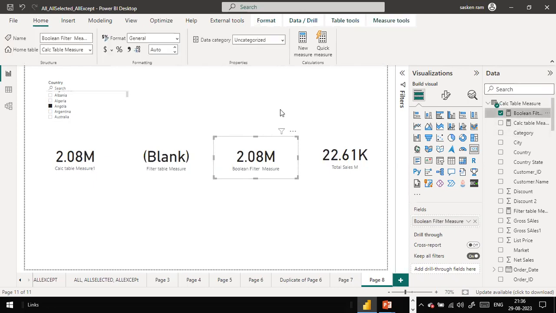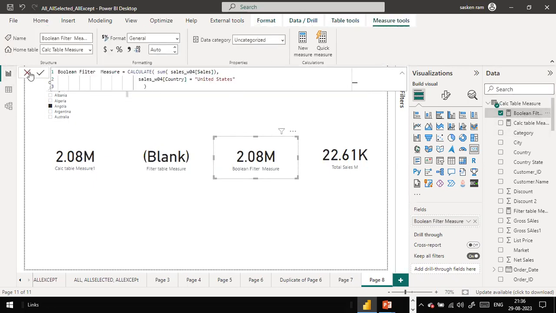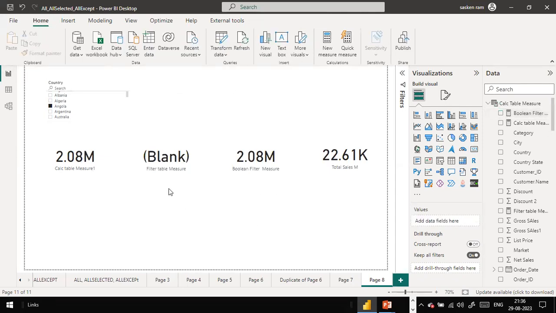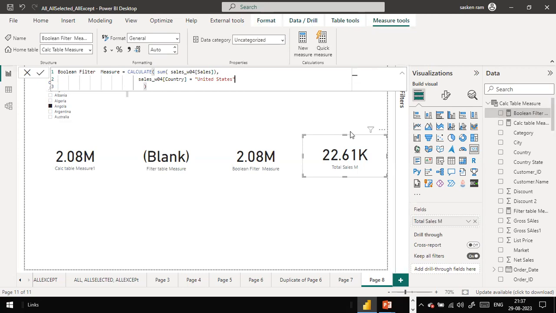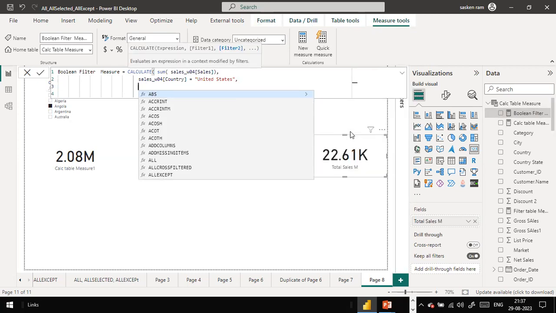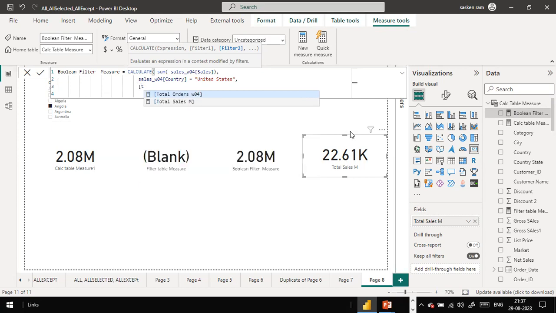In the Boolean filter, since I have used the calculate function, you can apply multiple conditions. Here also the same thing. The calculate table, not necessarily have to use the calculate table, but the idea is this one. And yes, I just take this one, comma, we can add one more condition, right? Here, total sales. This is what your question was, right? Okay, we will validate it. Total sales is greater than